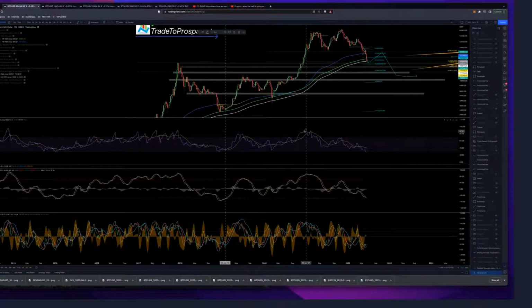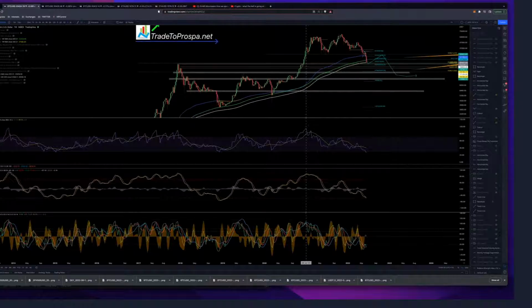Does that mean we sell? No. Overextended, yes. But does it mean that we hit the top? No, it doesn't. And you can see how much it's gone up. So the bottom's the same. If the RSI is bottomed, it doesn't necessarily mean we're at the bottom. In some cases it does. Like here,